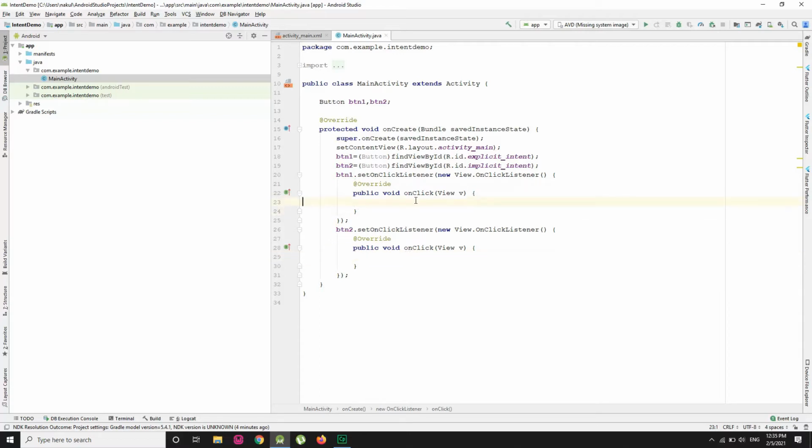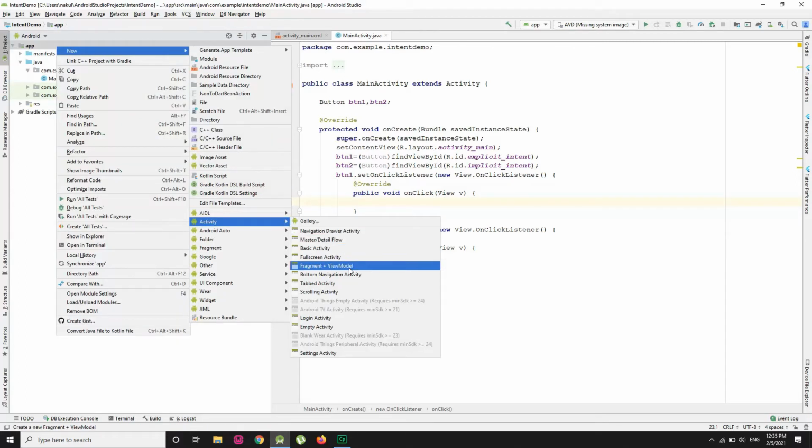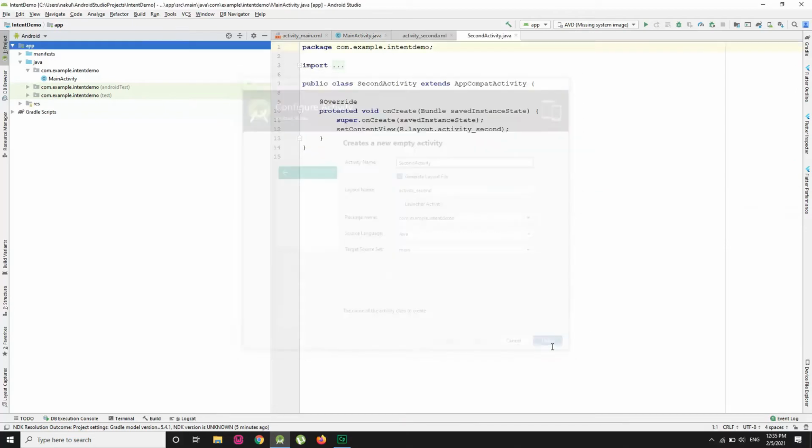Now, to implement explicit intent, I have to create another activity using new activity and then empty activity. Make this name SecondActivity and then finish.